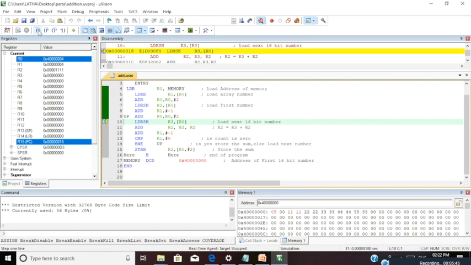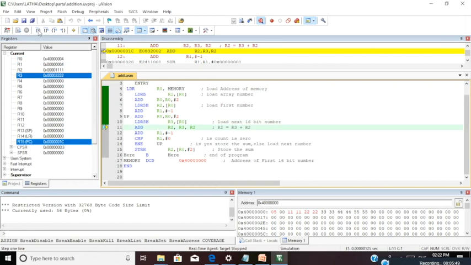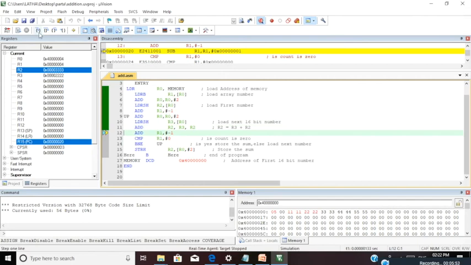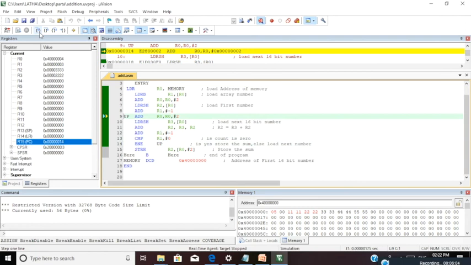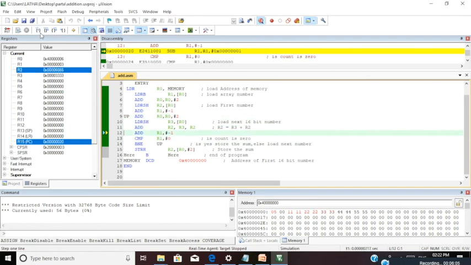R0 is loaded with the next address by incrementing it by 2. Then the next value, 2222, is loaded. Then the content of R2 is added with R3 and R2 is loaded with the value 3333. Continue this, and the process continues till the content of R1 goes to 0.